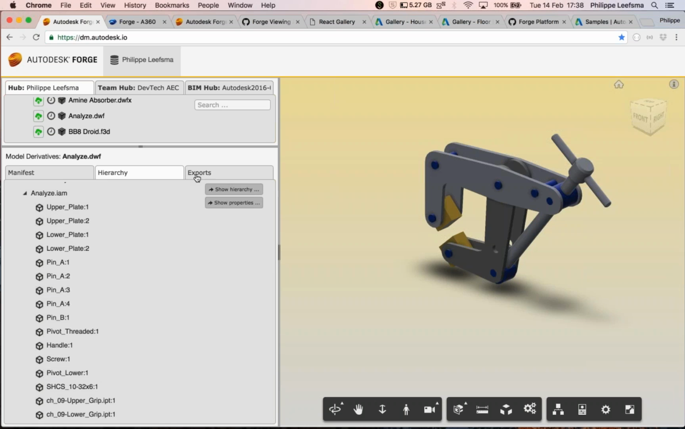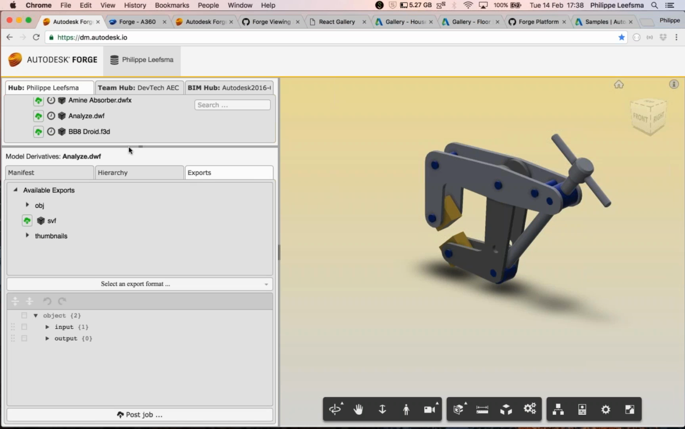And also we've got the export tab. So here the export tab shows the available export based on the file format. So here it's a DWF file. We've got an OBJ as